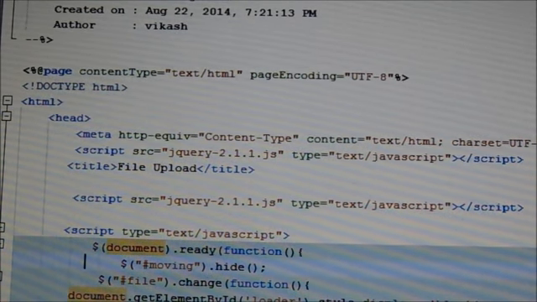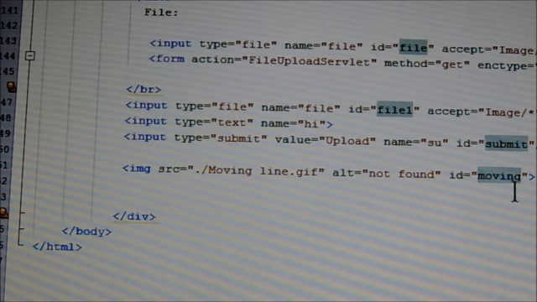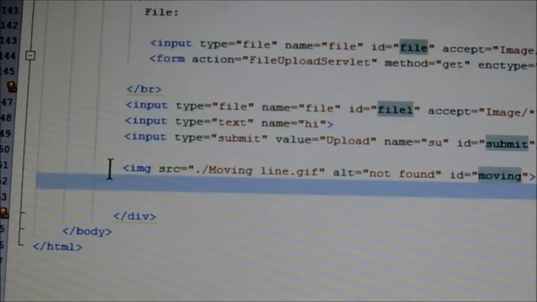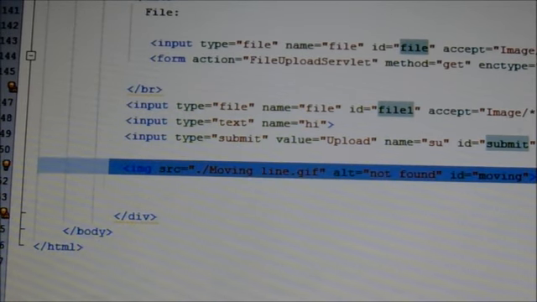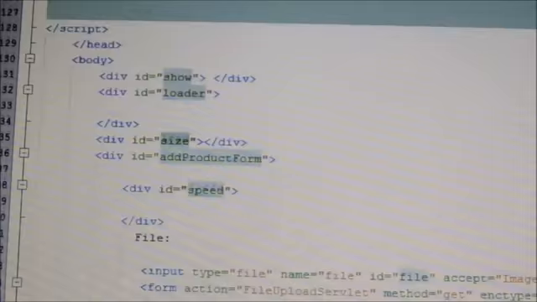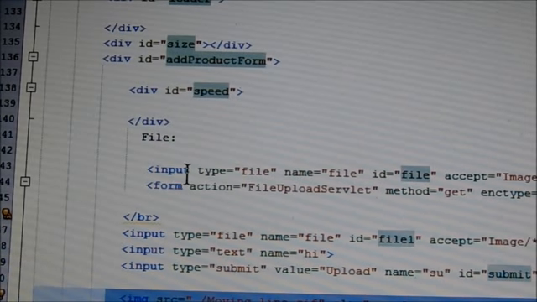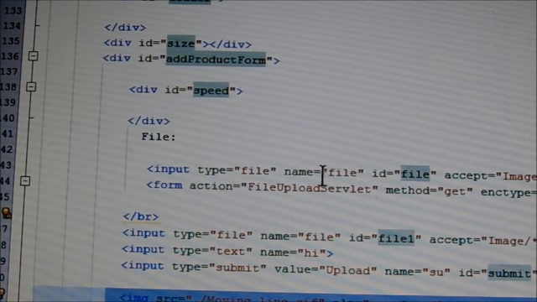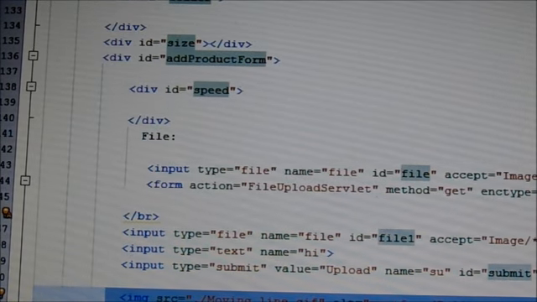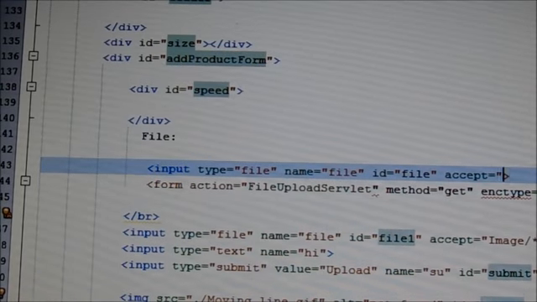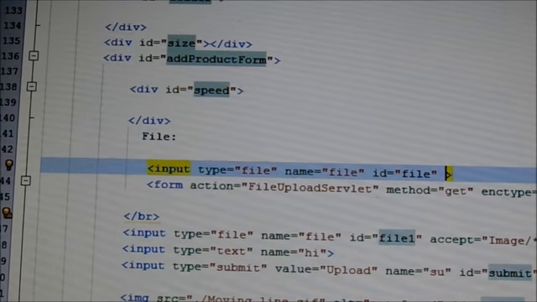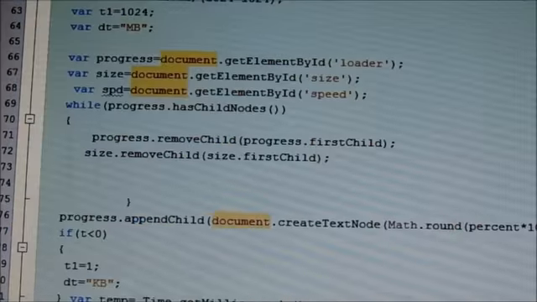Moving is an image file which id is moving. This image tag we hide when the document is ready, and another is input type equal to file, name equal to file, id equal to file, accept equal to image. So remove the accept property of this tag.